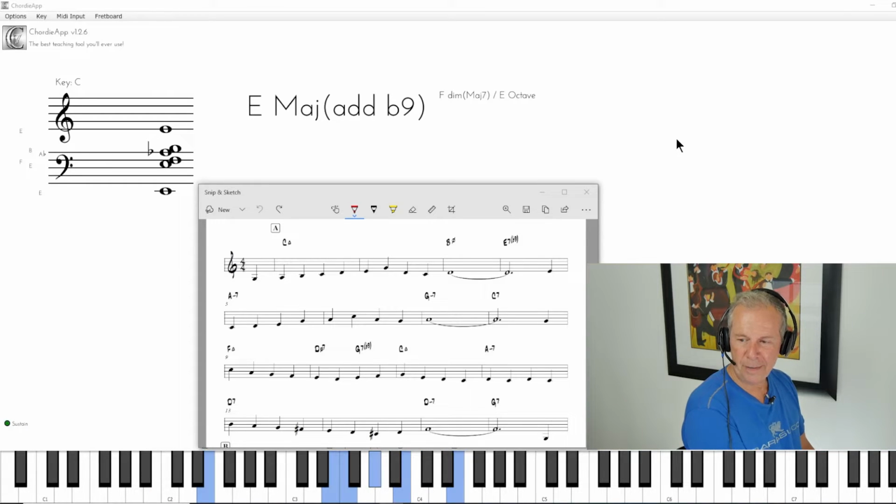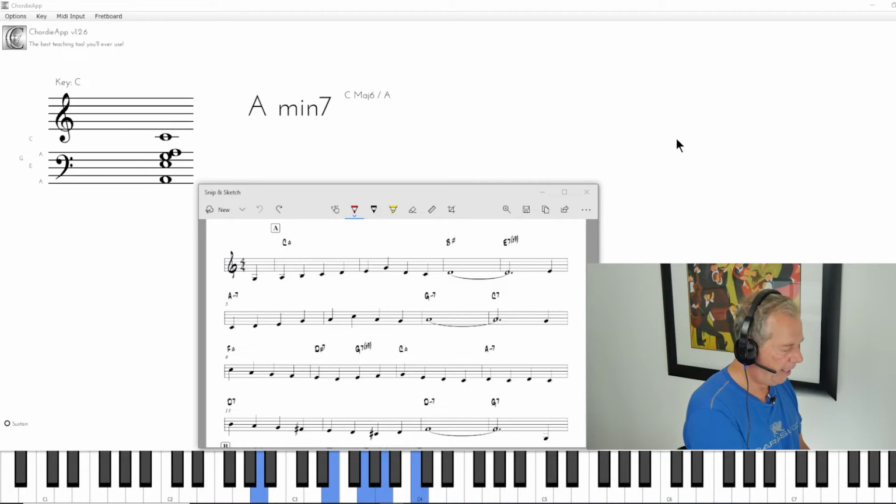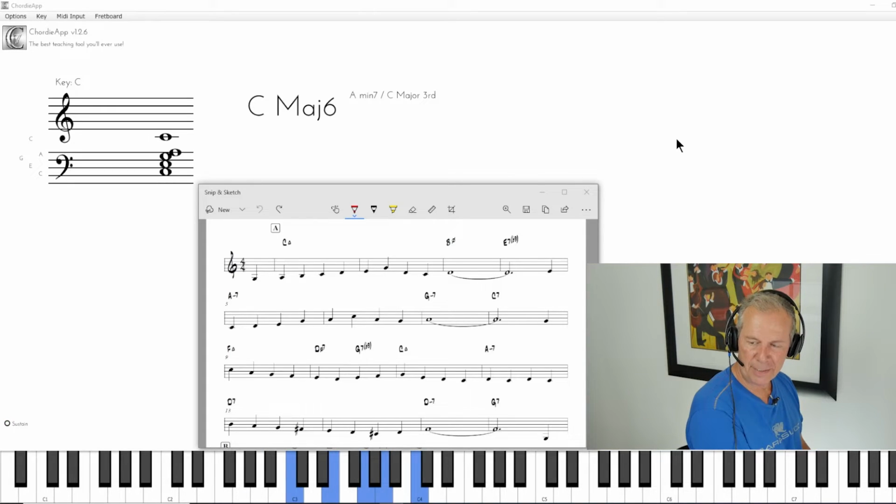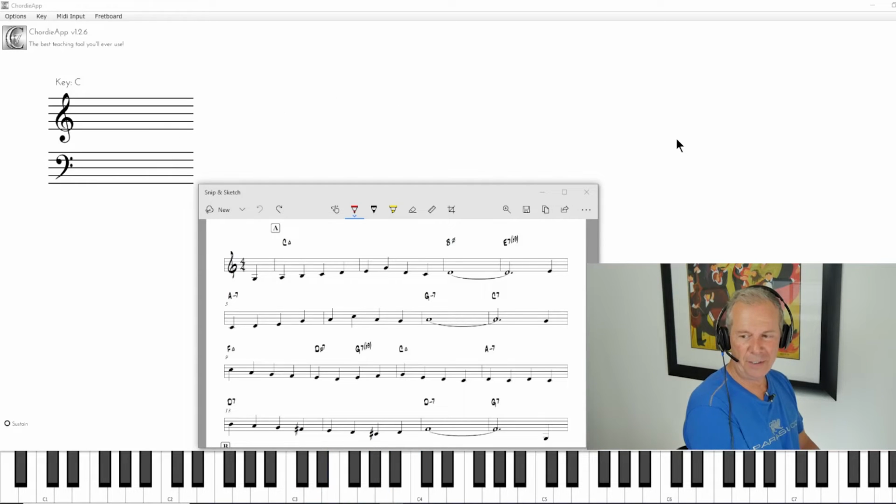And here we go again to the A minor 7th chord, but we're going to play C major 6th scale. So this scale here, C major 6th, because the top note is the C natural, and we're still in the key of C, so